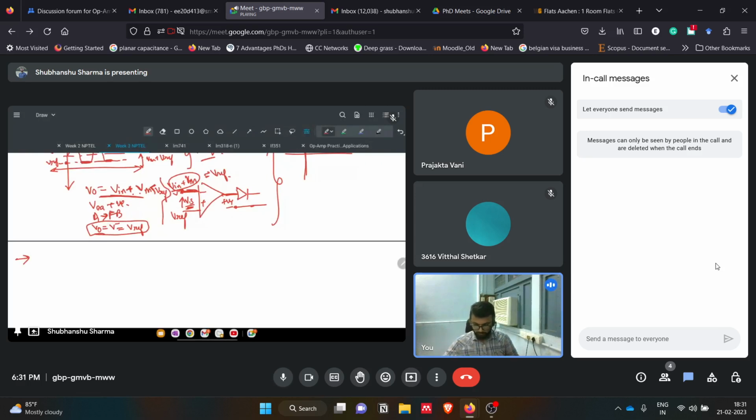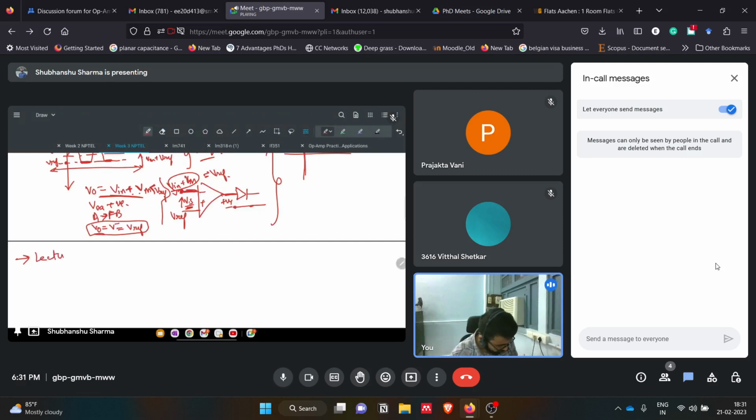So lecture two talked about the ranges of op-amp. Okay, ranges of feedback amplifier basically. Since we give feedback to these amplifiers,